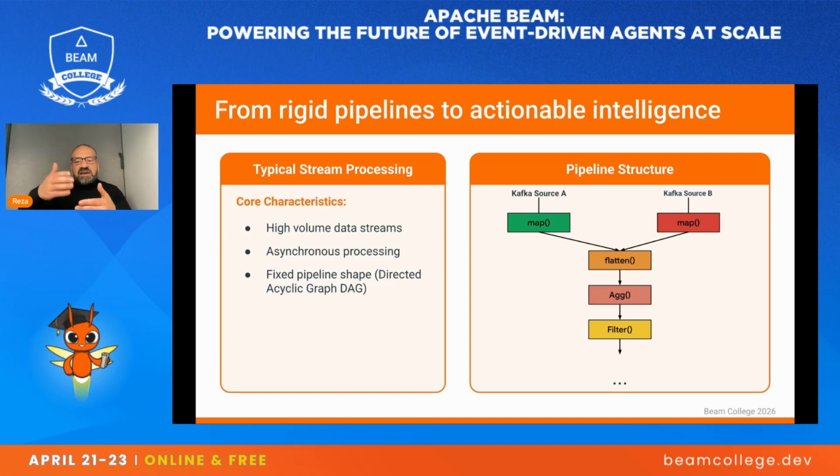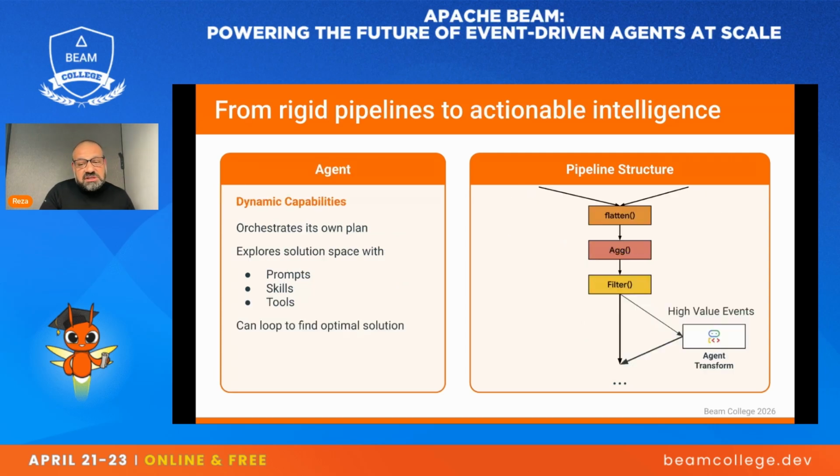So, you may have multiple branches on this tree based on decisions that you are making, or you may have decisions in your code that lives within what we call a DoFn, that unit where you're doing your user code. However, we can't dynamically change this and adapt. This is where I think agents become very, very interesting. Because imagine we did have that ability. So imagine that we have an agent, the ability to put an agent in one of these nodes. So as an operation, we have an agent that is doing its own orchestration for its plan.